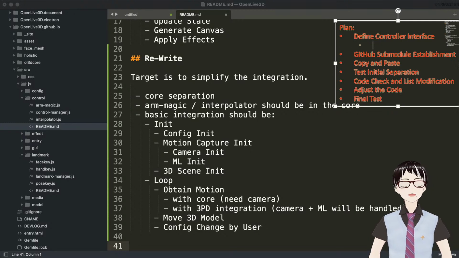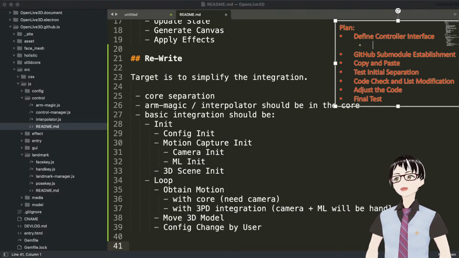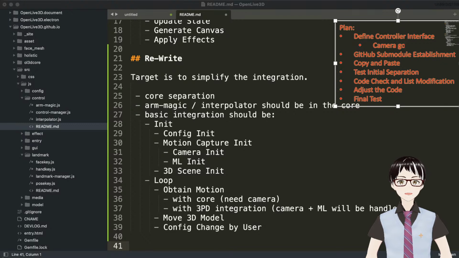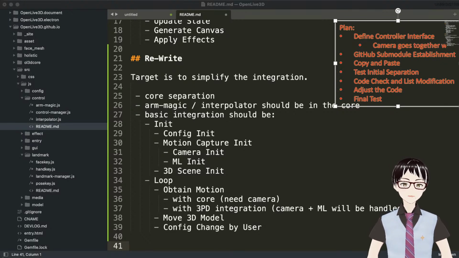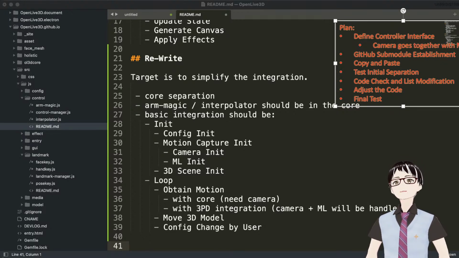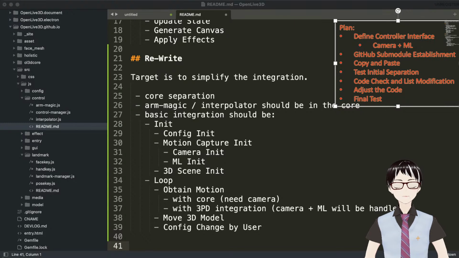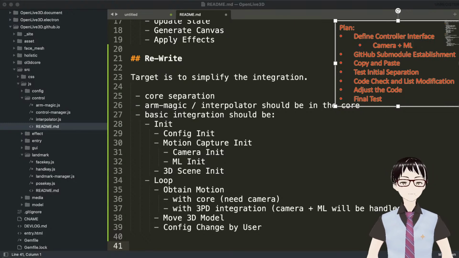Okay, let's summarize what happened, right? So camera goes together with ML. Camera plus ML,